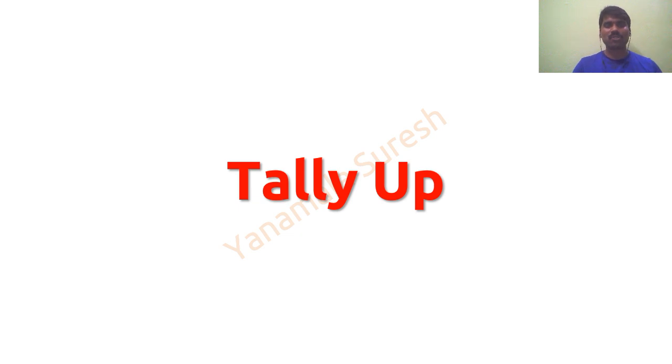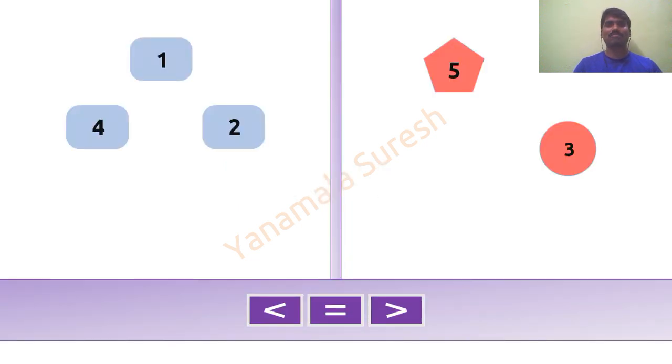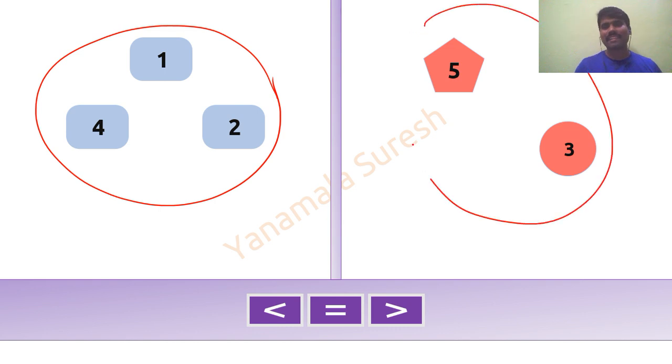Last one, I mean to say, tally up, regarding the mathematical part. Now look here, tally up means they are going to give 2 screens, I mean to say 2 sides, the left side as well as the right side. This tally is nothing but, as the name itself says, a tally. You have to identify whether this side is greater or this side is greater.